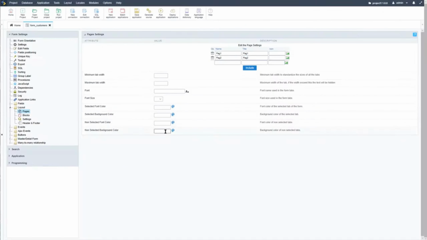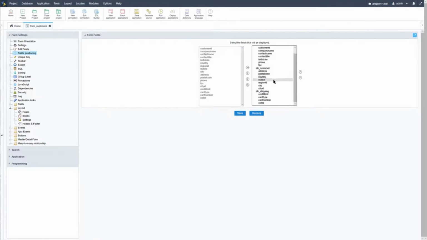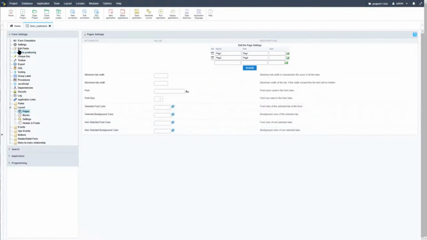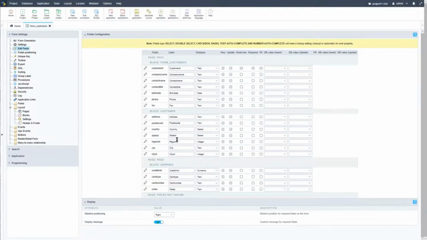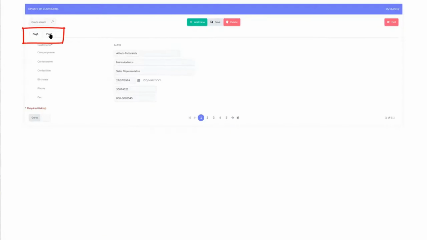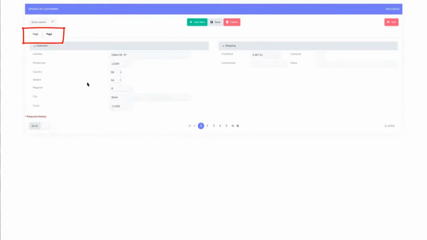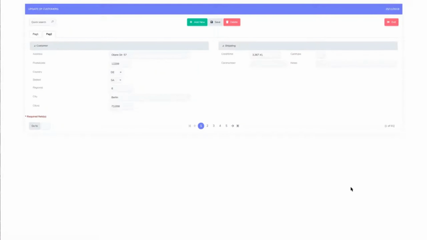Back in Scriptcase, we again need to move fields into the new page. So this time I will use the fields positioning within the left-hand menu. And here we can quickly adjust where we want to have our information displayed. So let's then access the edit fields again and go ahead and drag the page above the shipping block and then also the customer block, and we can go ahead and then run the form again. Viewing the form now, we can see that we now have two pages identified by two tabs with our information within the form separated and organized very differently.